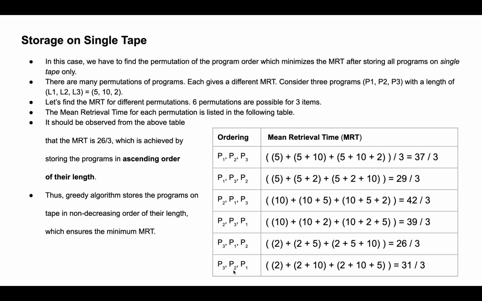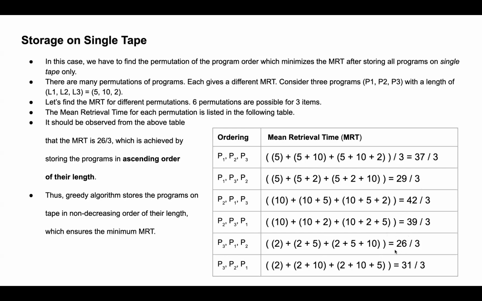Okay, and the last sequence is P3, P2 and P1. For P3 time is 2, for P2 it is 2 plus 10, and for P1 it's 2 plus 10 plus 5, which is 17. Okay, so what we are getting here is the minimum mean retrieval time. This is the sequence where we are getting the minimum retrieval time, that is 26 by